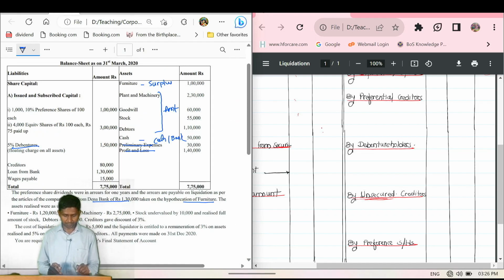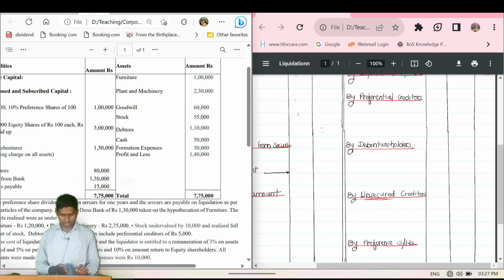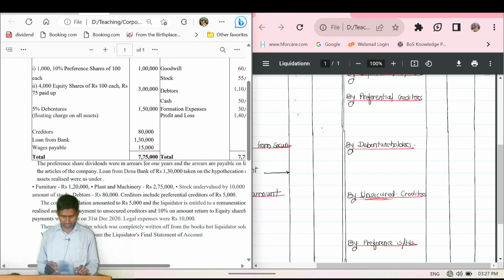Then the second problem. In the second problem, related to government we do not have anything, but related to worker we have wages payable, that we do write in the preferential creditor group, understood? And then in the third problem, anything other than wages do we have? Investigation, etc., or government, etc., information not given, that means only wages payable will come in preferential creditors. And then in this problem, do you have anything? Now here